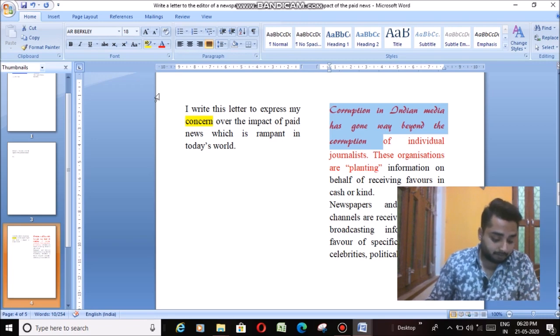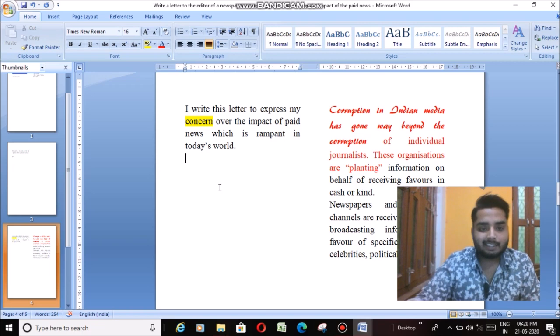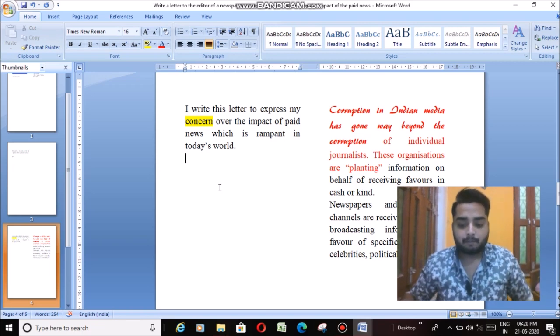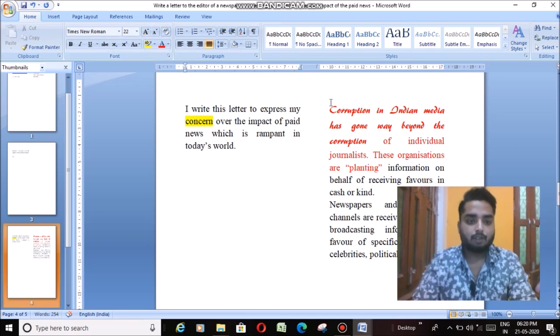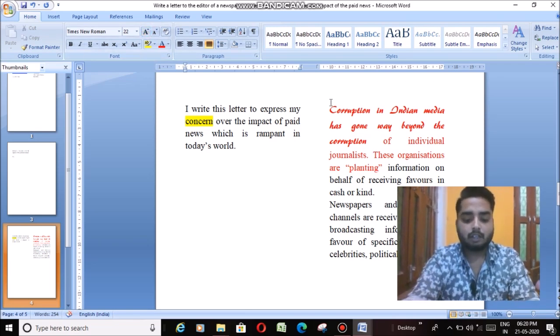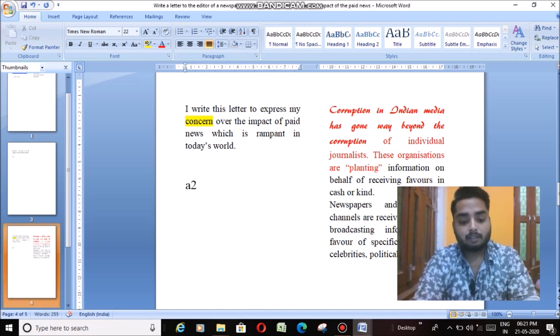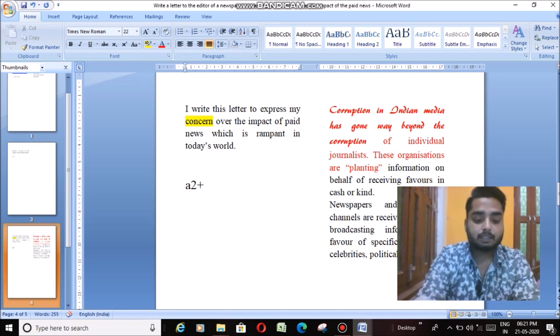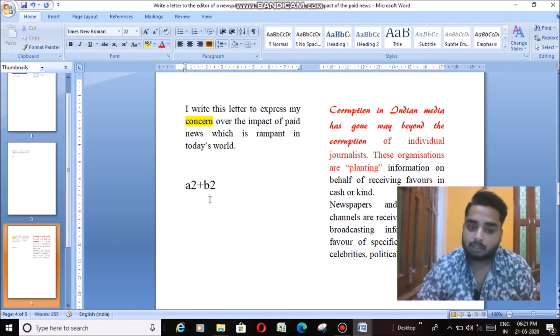The other thing is superscript and subscript. If we want to write a formula, like a square plus b square, or 10th, we have been writing a2 plus b2, but it is not a square.